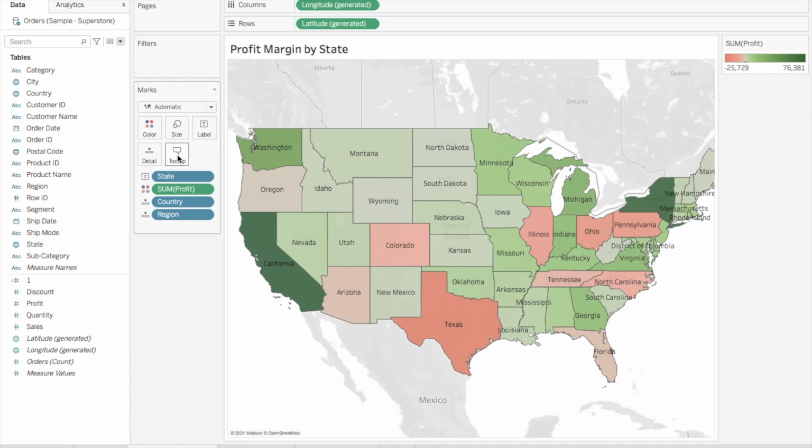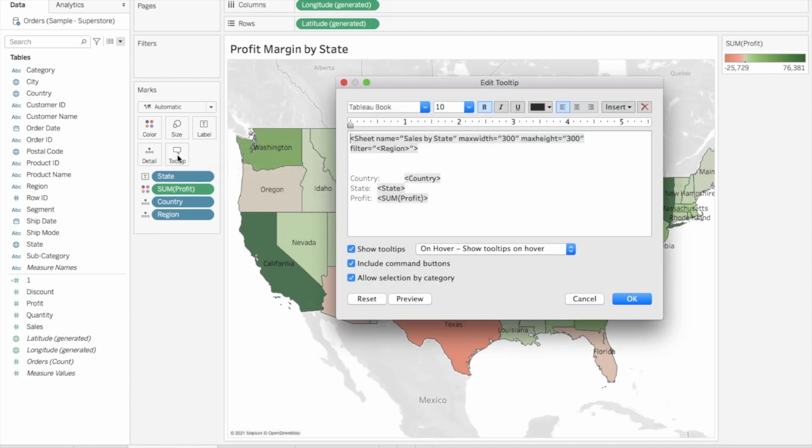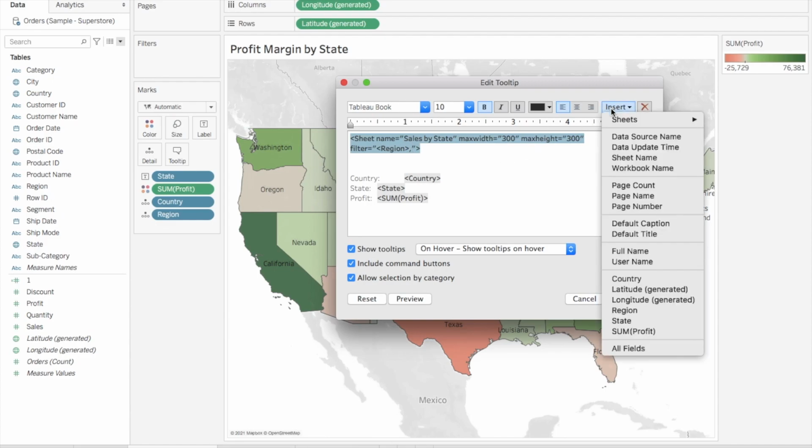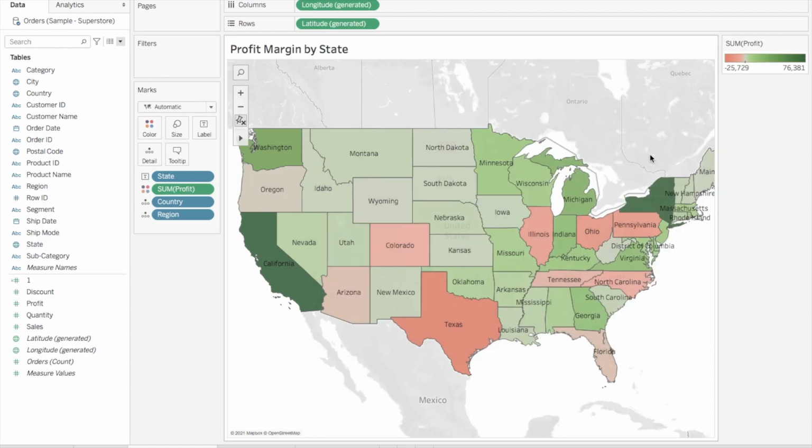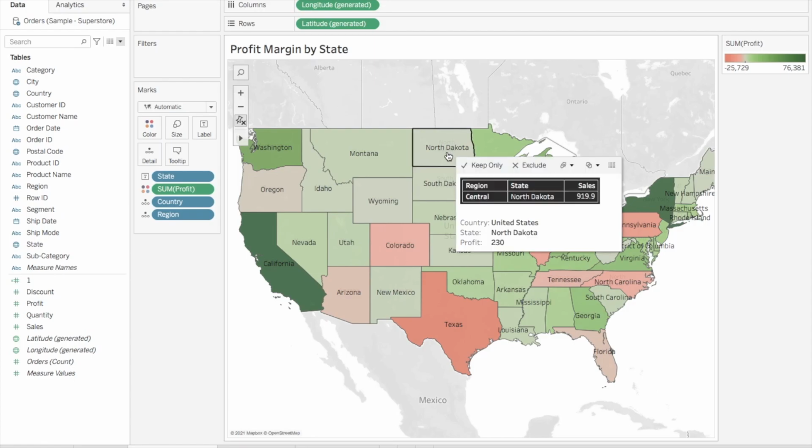Now suppose you want to include the states again. What you can do is just put a comma here, go to the insert option, select state, and then click OK. Now it will behave similar to how it was behaving previously. See, again it is filtering on region and state, and giving the sale amount, right?